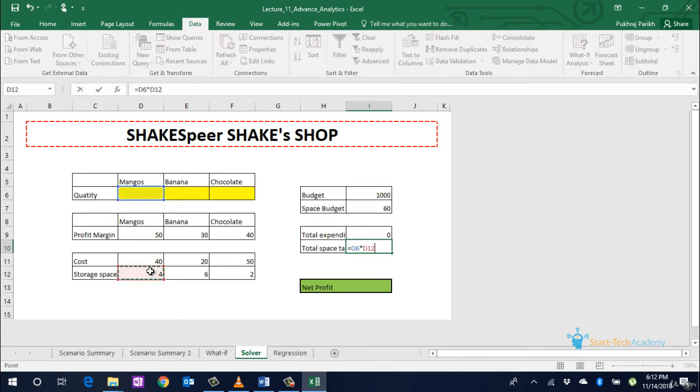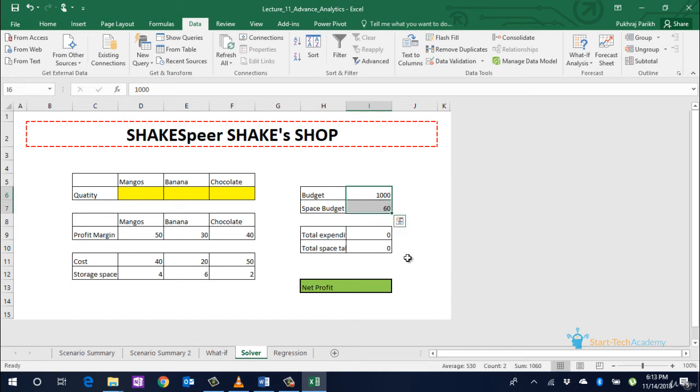this multiplied by storage space of per glass mango shake, glasses of banana shake multiplied by per glass storage space requirement of banana shake, chocolate shake glasses multiplied by space for chocolate shake. Both of these are 0 right now, and these should be less than their respective constraints.